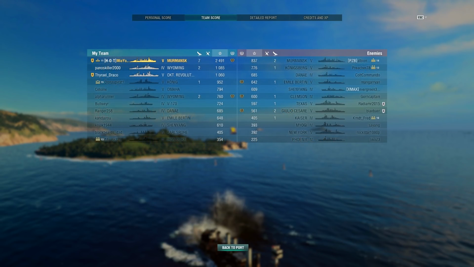Coming on to the team score, we can see that Mia topped his team by a considerable margin in terms of base experience earned, picking up 2,491. One could most definitely say that Mia and his Murmansk carried his team to victory in this instance,